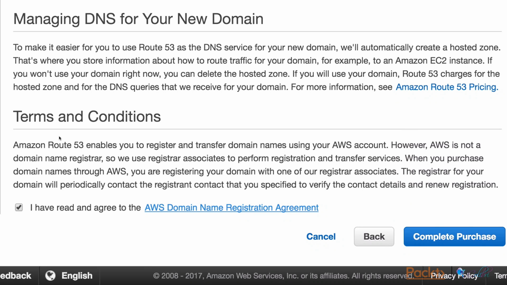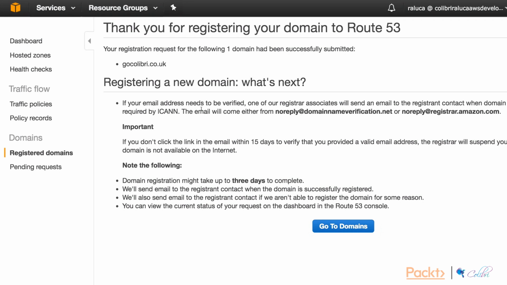I have filled in my details, and we can see that before we complete our purchase, Route53 is going to create a new hosted zone for us automatically. And we can read the terms and conditions beforehand. We need to accept them. The registration request for the domain name gocalibri.co.uk has been successfully submitted,